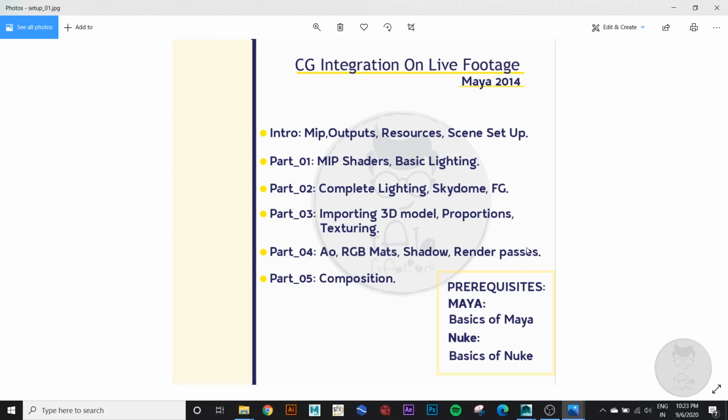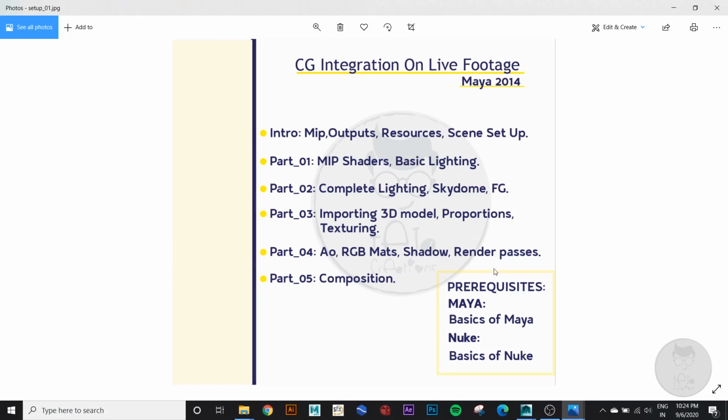Render passes are mainly about specular, diffuse, reflection, refraction. So if we gather all these render passes at once, it will be easy to control each and every part in the composition itself. We need not go back to Maya to control the shadow or lighting or reflection or refraction. If we can render these passes out, we can control each and every element in the composition.